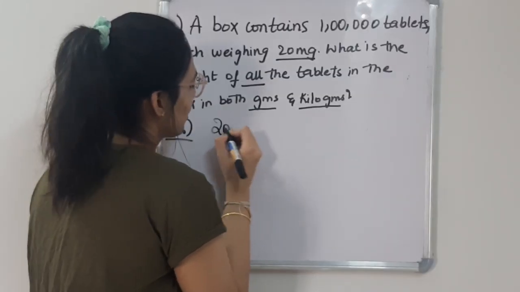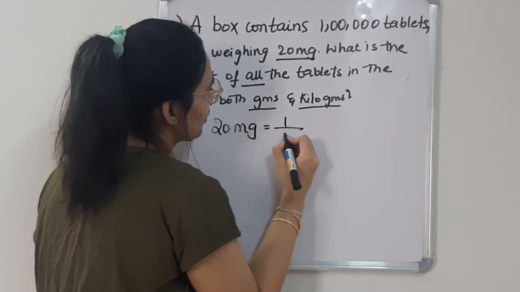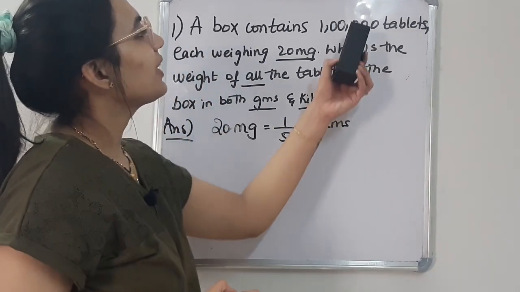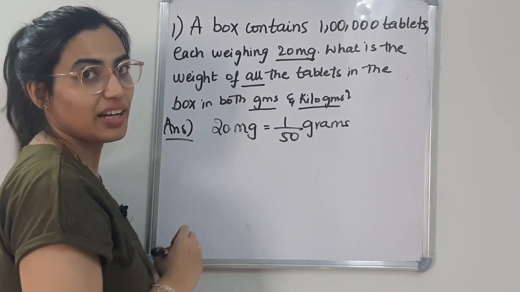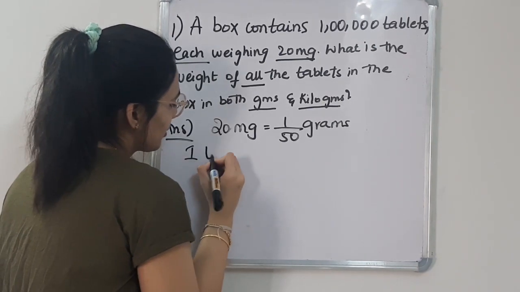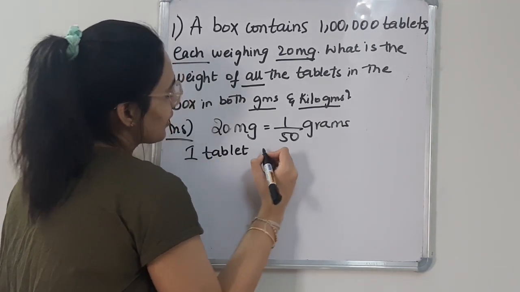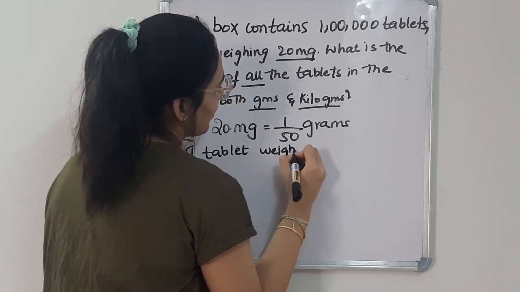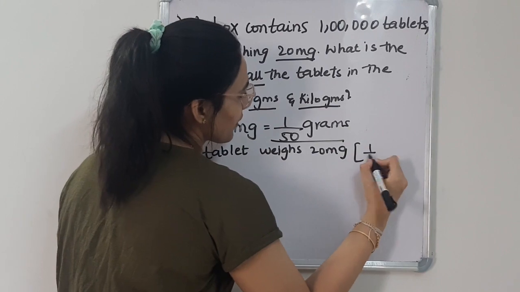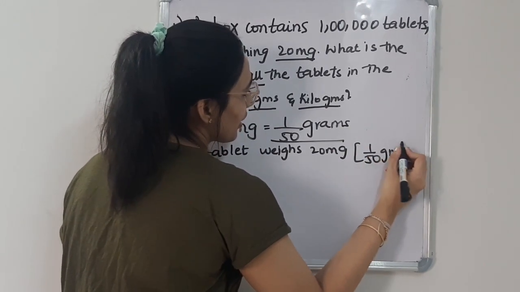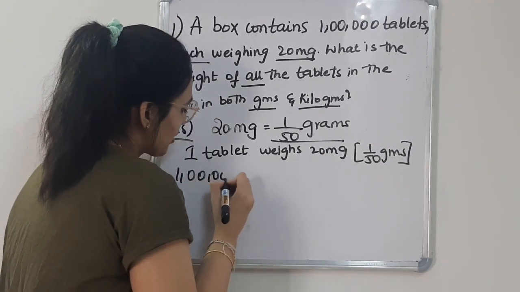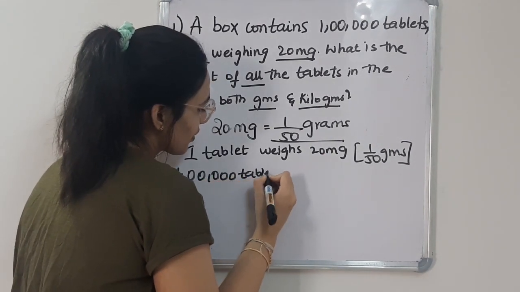We know that 20 milligrams is equal to 1 by 50 grams. How many tablets are there in the box? 1 lakh. And we know that each means 1 tablet. You know that 1 tablet weighs 20 milligrams, but in this case it is 1 by 50 grams. 1 lakh tablets weighs